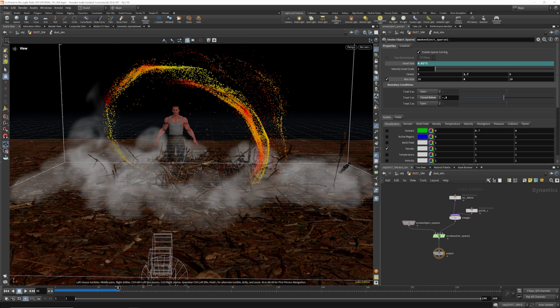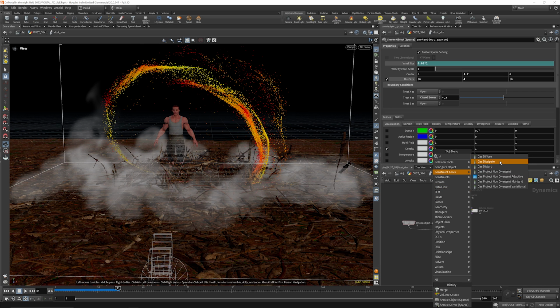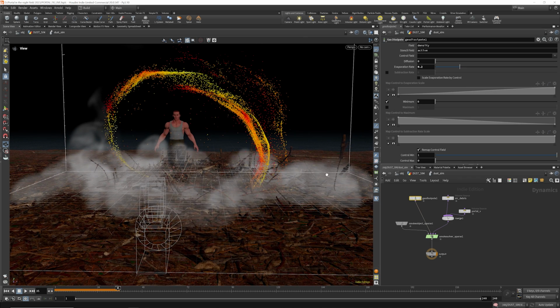We just need to add some micro solvers to break this up a bit, add some dissipation. Dissipation just means the evaporation of the smoke. So gas dissipate, we can plug this in here, and let's evaporate the smoke by 0.2. And then what I like to do is I always break up my smoke simulations with turbulences and disturbances. Turbulence essentially breaks up the volume from within. It's basically like introducing velocity inside the fog. It breaks it within,